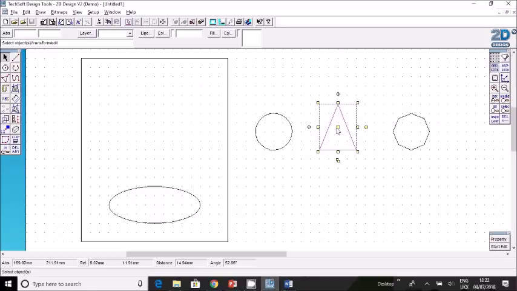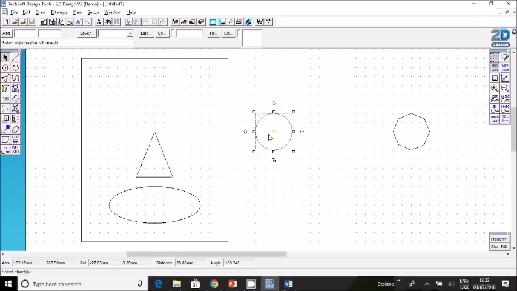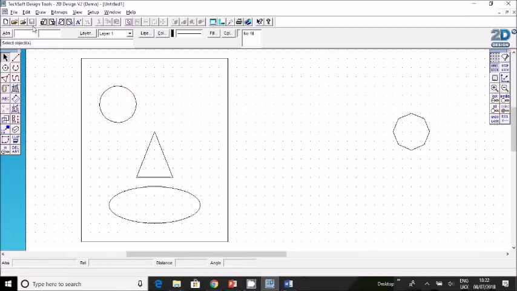And again, we're going to move it by clicking on the middle yellow box, and let's put that somewhere central like that. And now we're going to go with the circle. So if I click on the circle again, let's move that, and let's save whilst we're here. If you just click save,